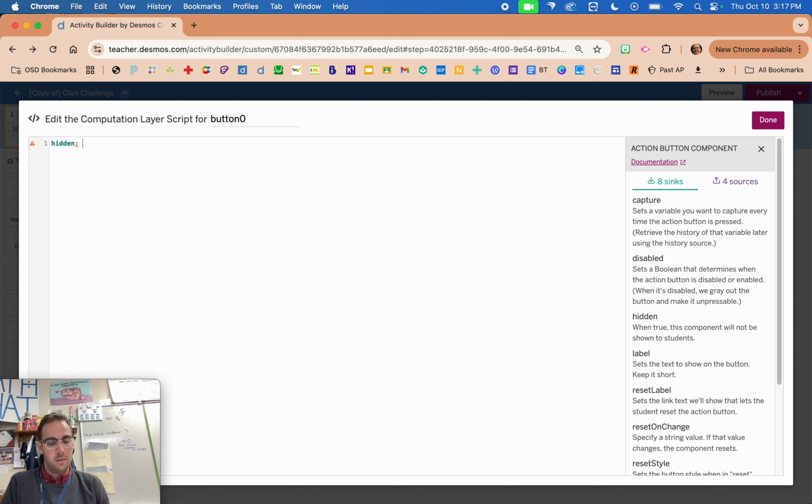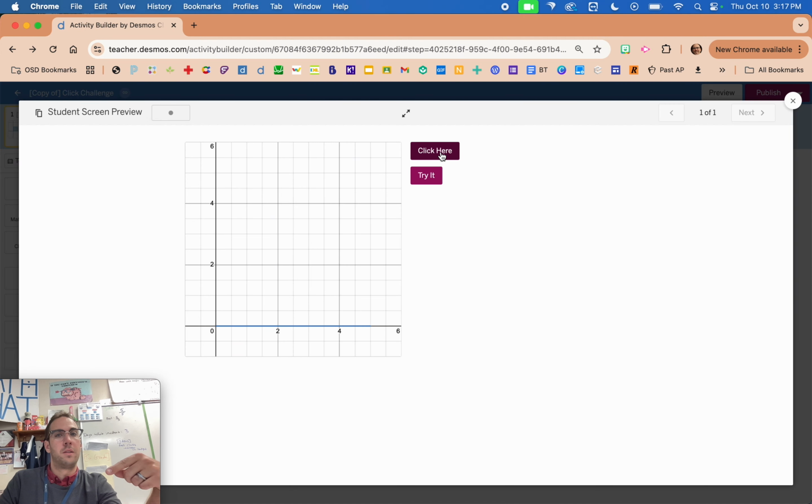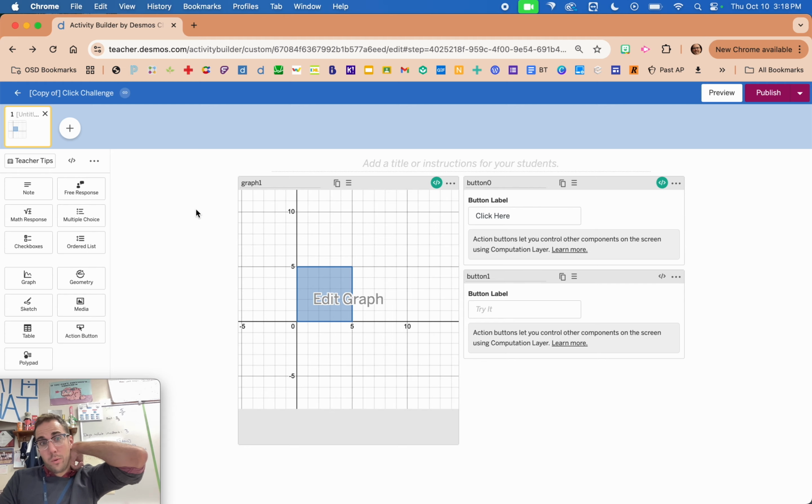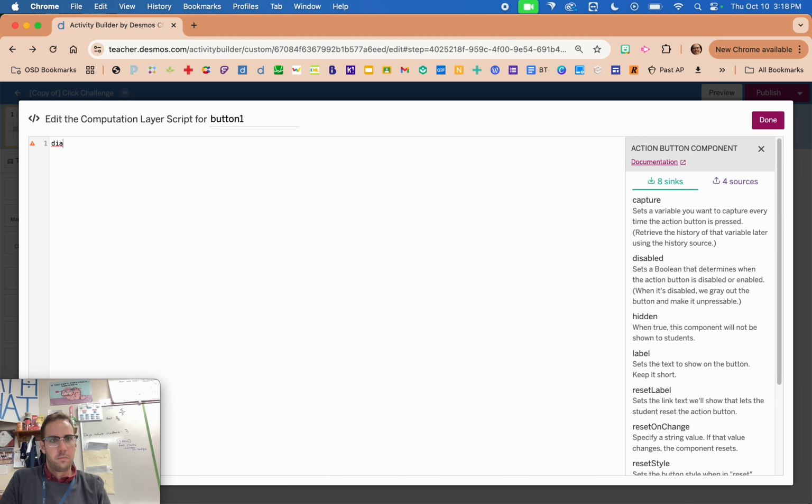So this is going to say hidden when time since press is greater than 0. So once you click this button, the time since you've pressed it will be greater than 0. It'll go away. So if I click button 0 right now, time since press is greater than 0. It'll be hidden. It's gone. So now the cool part is that just because it's hidden doesn't mean it's not doing stuff. So if I go to button 1,